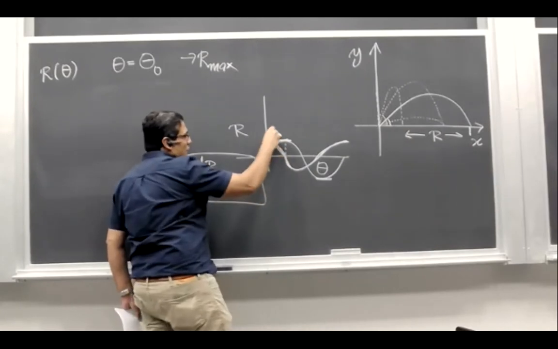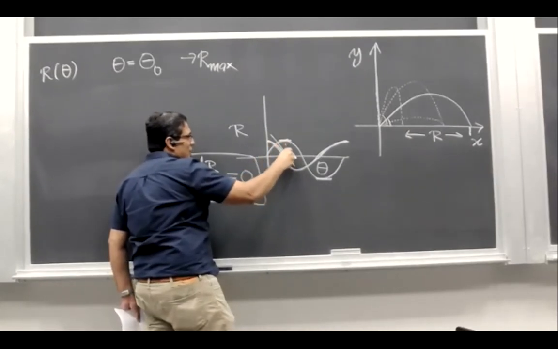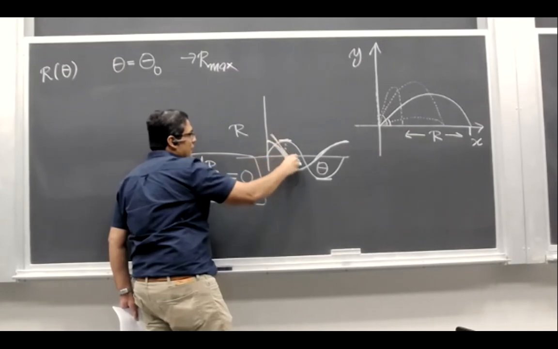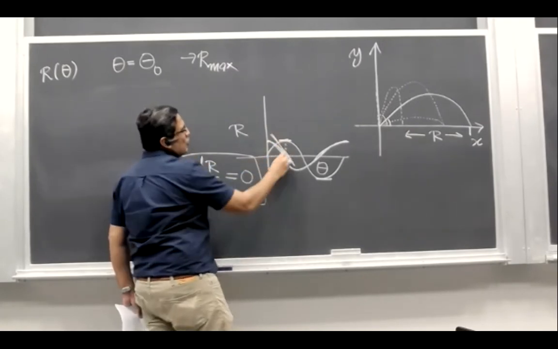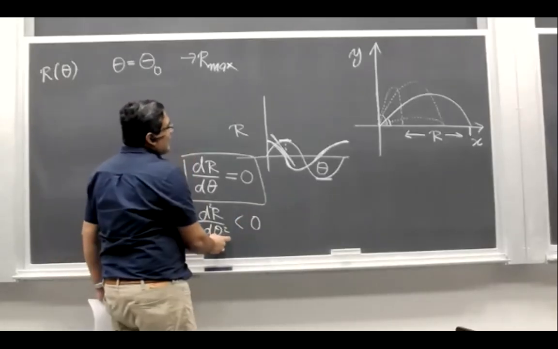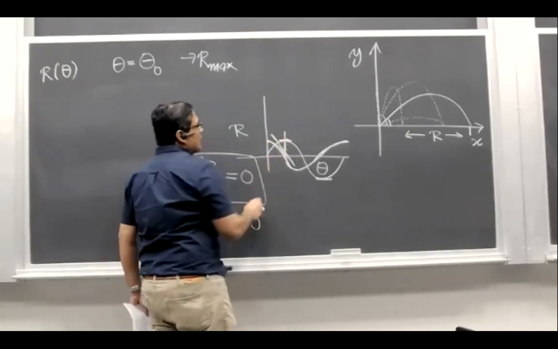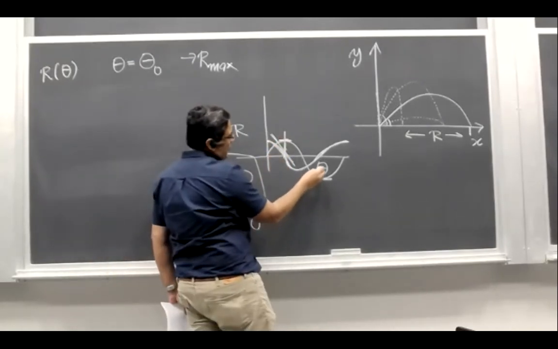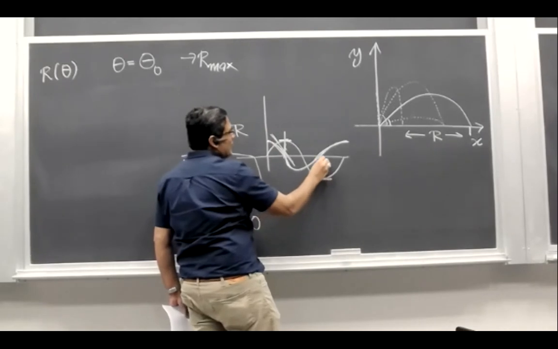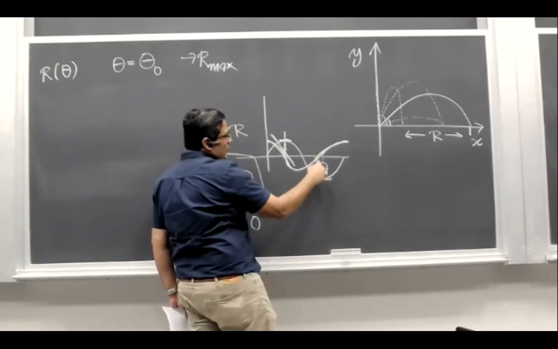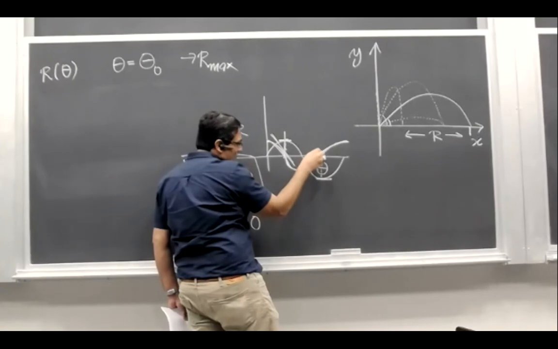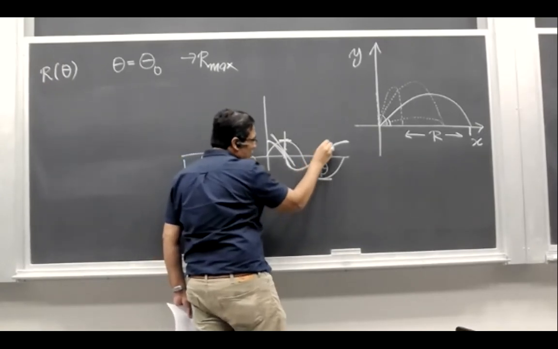Look at what would be the value of the second derivative at this point. Look at the value of the slope of this tangent: negative. So if the second derivative is less than 0, it means that we have hit a maxima. And now look at the value of the derivative at this point. The derivative is 0 at this point, and the second derivative would be the derivative of this function, and that would be the slope of this tangent here.